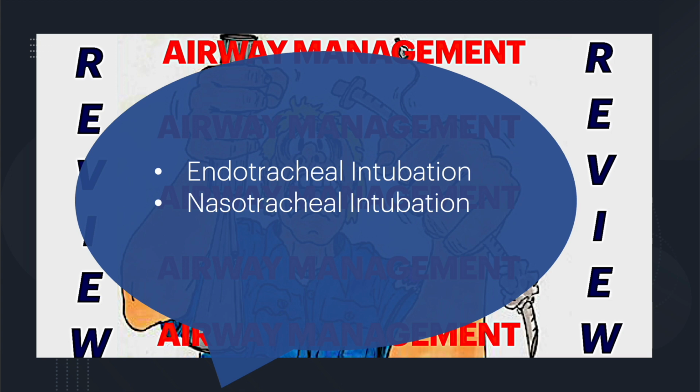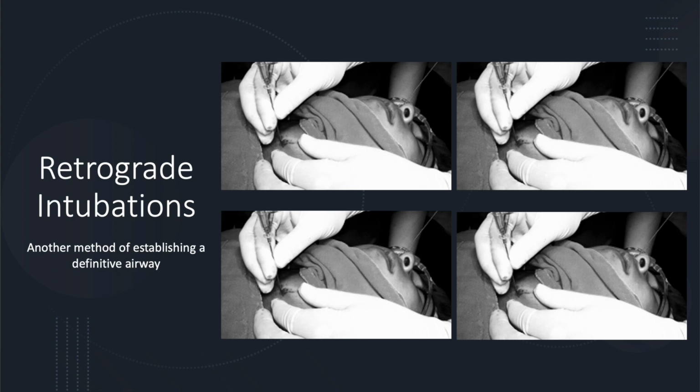I know initially I put needle Cric and surgical Cric on there as well, but after I considered that definition and the requirements of a definitive airway, I noticed that the needle Cric and the surgical Cric did not meet those requirements of having that tube enter into the trachea and a cuff past the vocal cords. So I hope you guys enjoyed the review and it got your brains thinking,